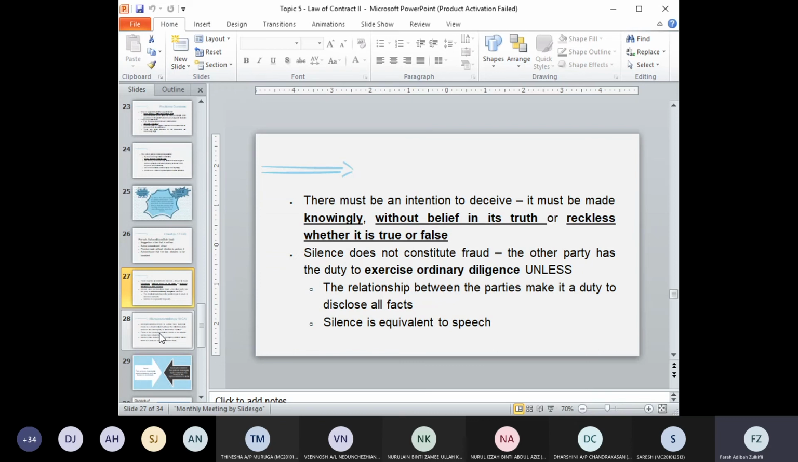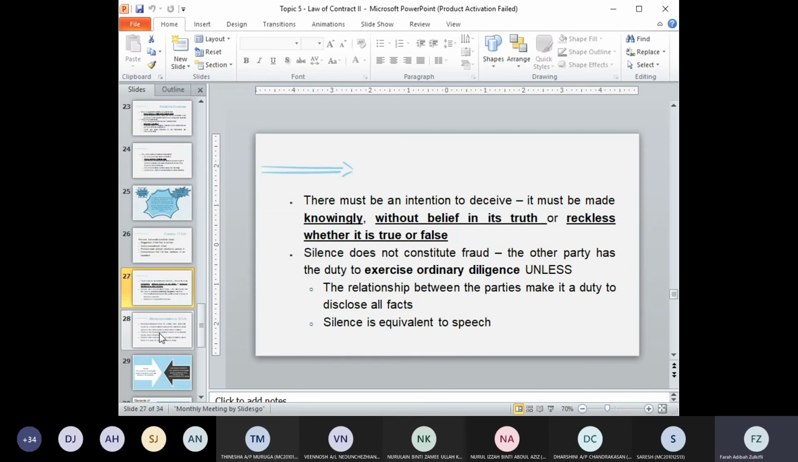But in a normal situation, if there is no relationship which makes it a duty to disclose all facts, even if they keep silent and did not inform of the problem, it is not fraud. Or in situation C, B says to A, if you do not deny it, I shall assume that the horse is sound. So in this situation, if someone asks you,